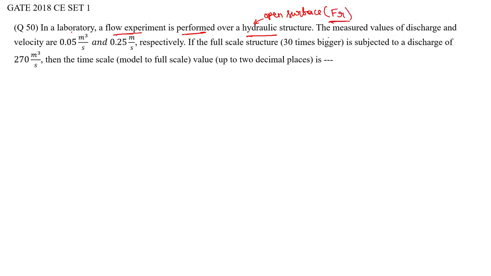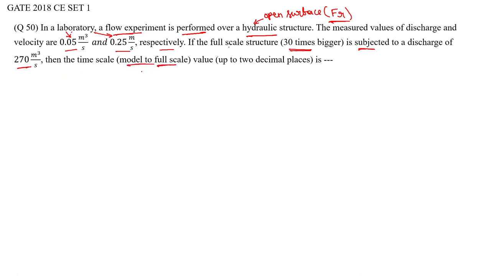The measured values of discharge and velocity are 0.05 meter cube per second and 0.25 meter per second respectively. These values correspond to the laboratory, as clearly mentioned. Now observe: if the full scale structure, 30 times bigger, is subjected to a discharge of 270 meter cube per second, then the time scale, model to full scale,